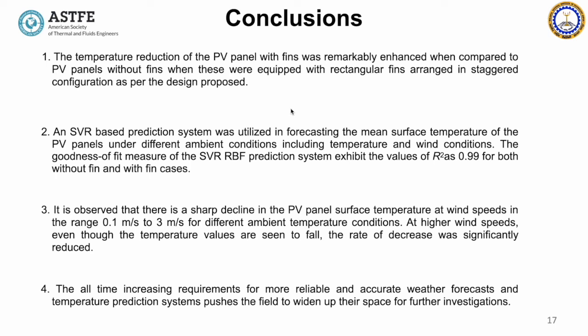It is observed that there is a sharp decline in the PV panel surface temperature at wind speed ranging from 0.1 meter per second to 3 meter per second. After that, there is not that much difference in panel temperature between with fin or without fin. So at higher wind speed, even though the temperature values are seen to fall, the rate of decrease was significantly reduced. The all-time increasing requirement for more reliable and accurate weather forecast,